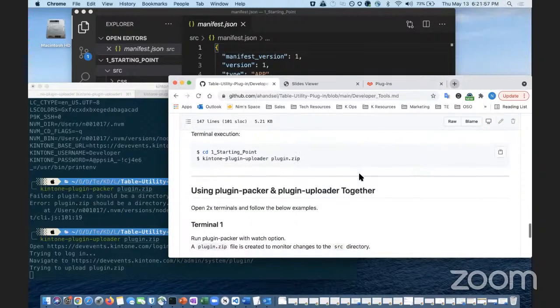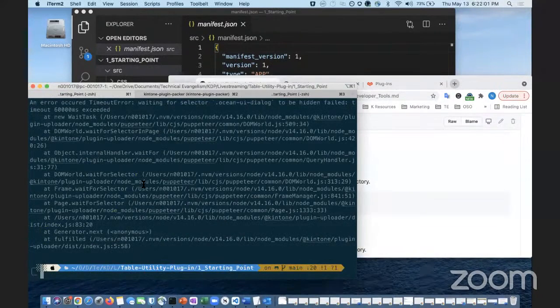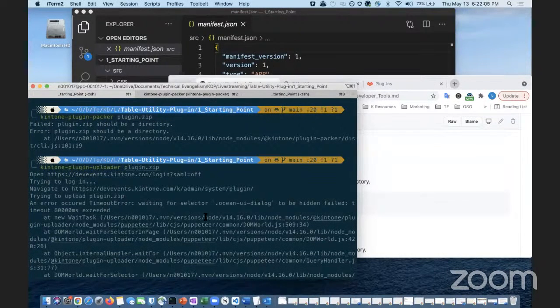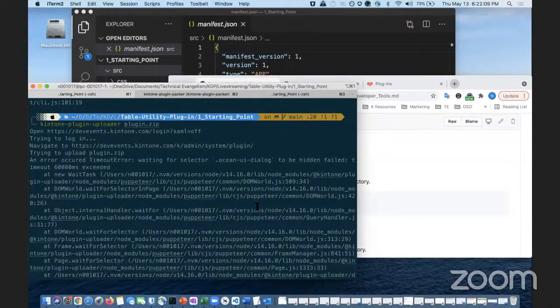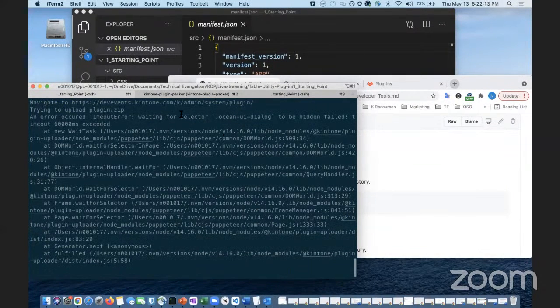Totally. Totally. What we're going to do next, as soon as this upload is successful, oh, looks like we ran into an error. And it was a timeout error. To be hidden failed. It looks like there was some